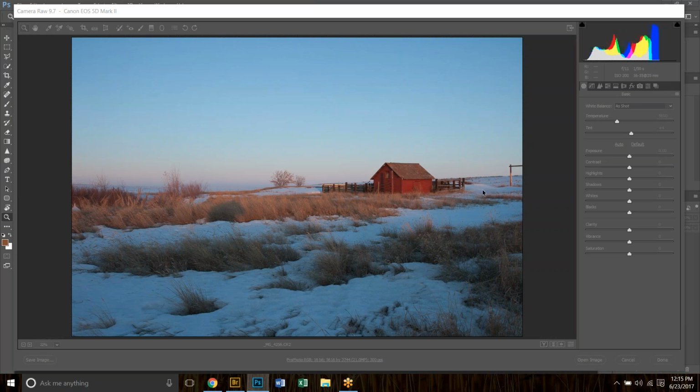So what we have here is a rural landscape scene in northern Montana. This photograph was taken at daybreak, just as the sun was coming up. A small red shed caught my eye. You can tell that the foreground